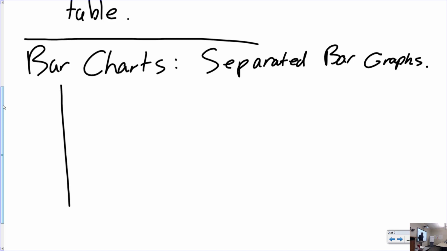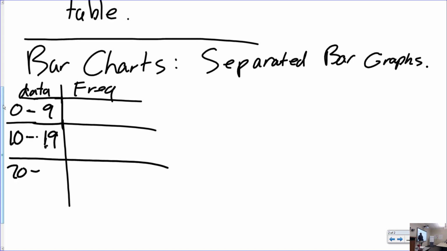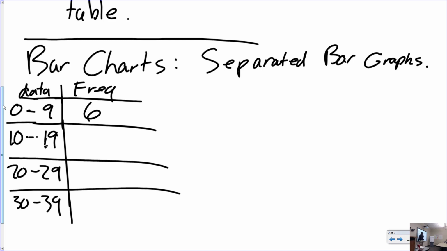So let's suppose, I should just do it just to be safe, okay? So let's suppose we had 0 to 9, 10 to 19, 20 to 29, and say 30 to 39. And these all have some frequencies, 6, 2, 7, 5, whatever. It's just information. When you're creating a generic bar chart for this particular data,